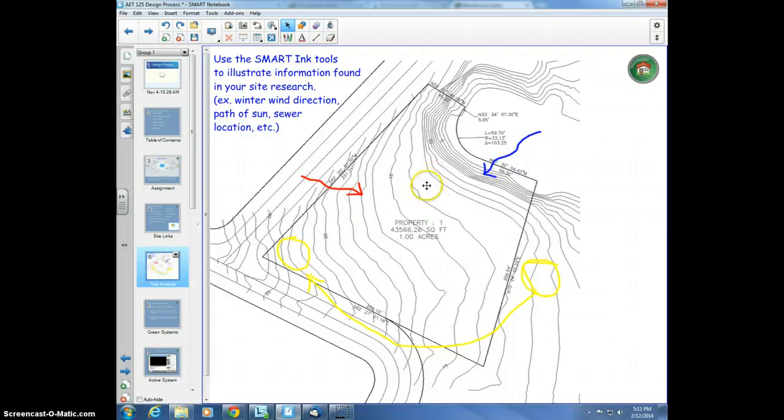The next part here is going to be our site analysis itself, the diagram. As you can see, I started sketching some of the ideas on here. What you may wind up doing, for example, we have the red lines here, which is where the summer winds are coming in to the site. The blue lines are the cold winter winds. We have the sun, which arrives here in the east, sets in the west. We also have the idea of right out this way